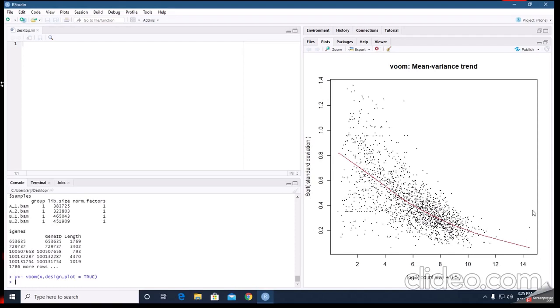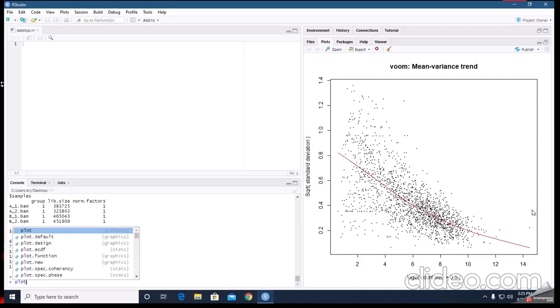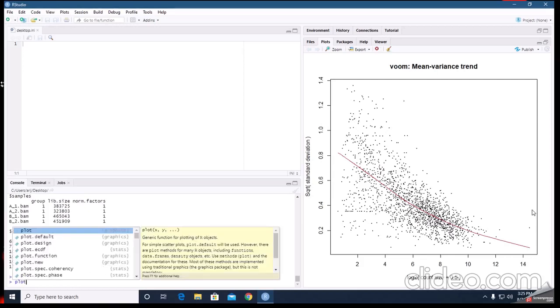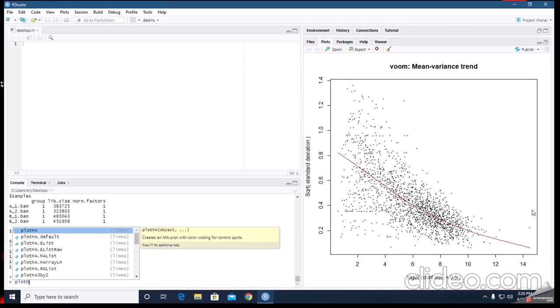This figure shows the mean-variance relationship estimated by voom for our data. Now we have the sixth step, which is sample clustering. For sample clustering, we can simply say clustering. We use the plotMDS function.